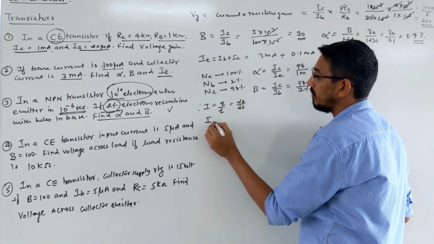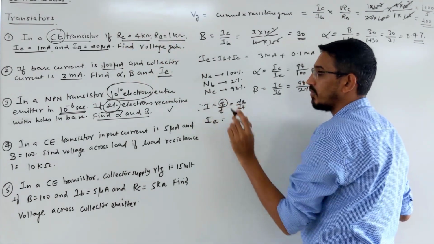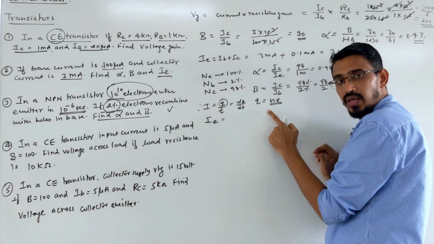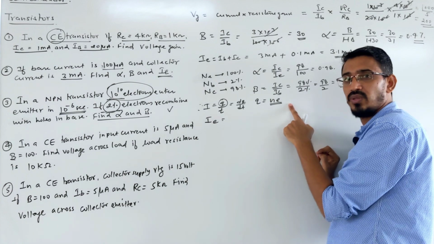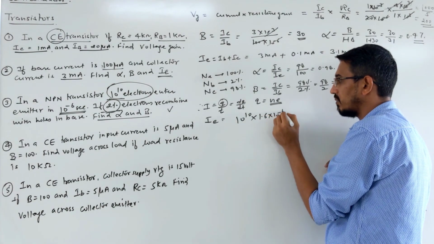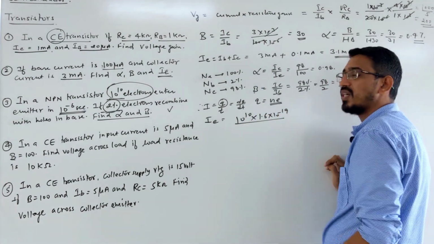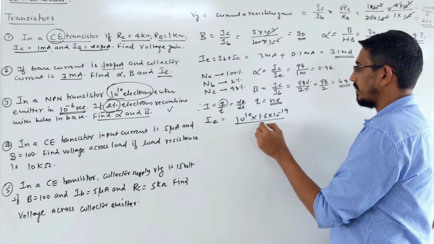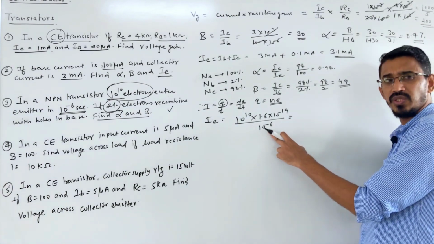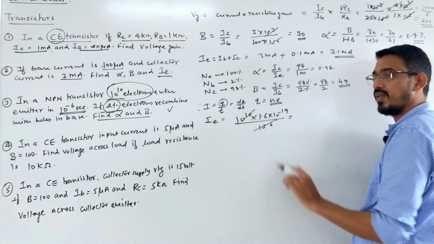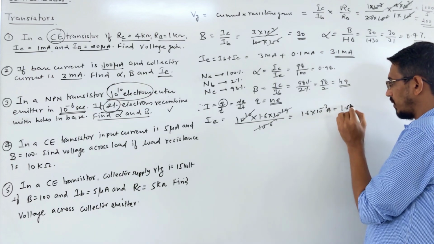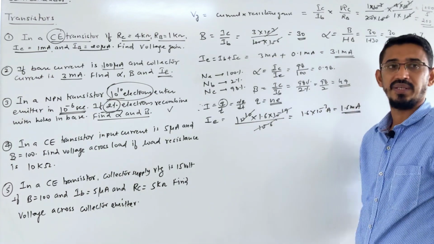So what is emitter current, first you are finding? In emitter, what is the charge? We have Q, this much number of electrons. Q is equal to N into e, we know. How many electrons, into the charge of 1 electron. That's total charge. 10 power 10 number of electrons, and charge of each is 1.6 into 10 power minus 19, divided by time. Q by T. Time they say 10 power minus 6. This will give you how much current you are generating. 10 power minus 6 goes up, becomes plus 6. Plus 6 plus 10 is 16. Goes from here. So you are getting 1.6 into 10 power minus 3 ampere, or say 1.6 milliampere. This is your emitter current.